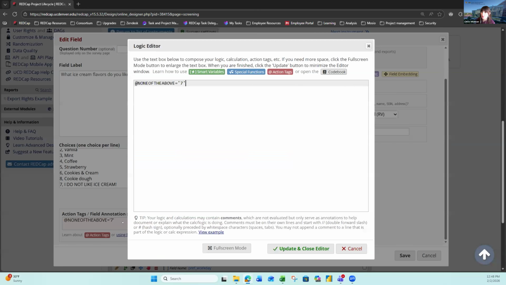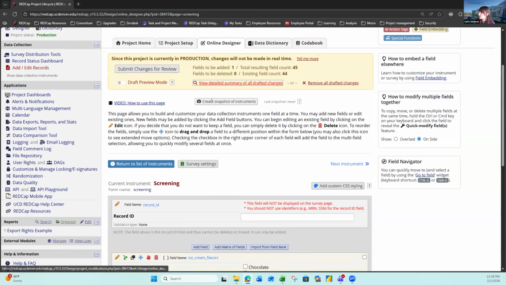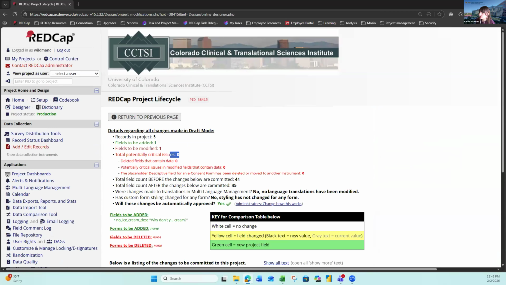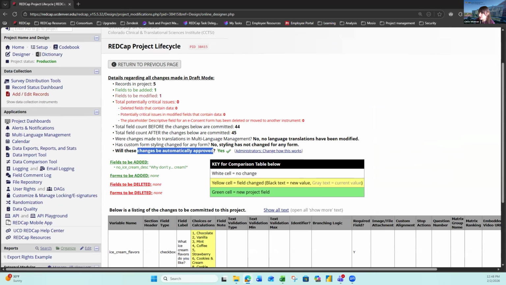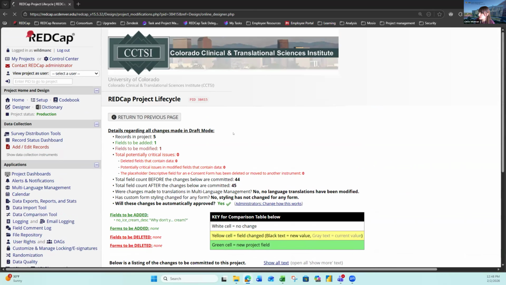And then, I wanted to hide cookies and cream. I still don't want that to be available for future participants. You can add an action tag that is called hide choice. And this will hide the choice associated with the raw value of 6. So I can save that. I can go back and review my changes, and now I have 0 critical issues. My changes will actually be automatically approved. I don't even have to worry about admins having to review it. And if I push this change,